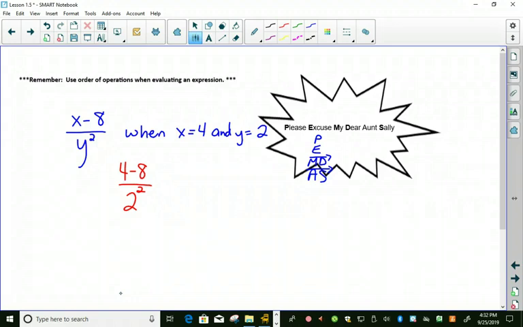So then I have an exponent, so I have to solve that next, which is the bottom. So I still have 4 minus 8 on the top, and 2 squared is the same thing as 2 times 2, because there's the base of 2, and I multiply it by itself twice by the exponent, and so I get 4. All right, and now I do have the fraction bar, but I have no multiplication or division on the top and no multiplication or division on the bottom, so I have to do adding and subtracting,